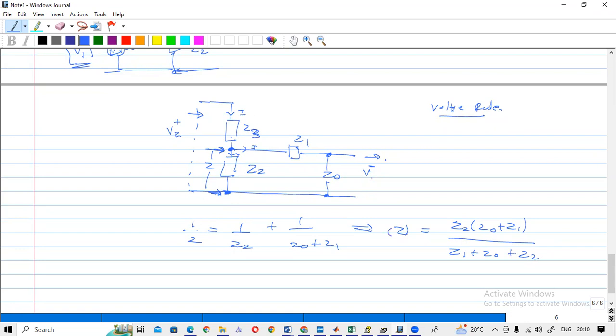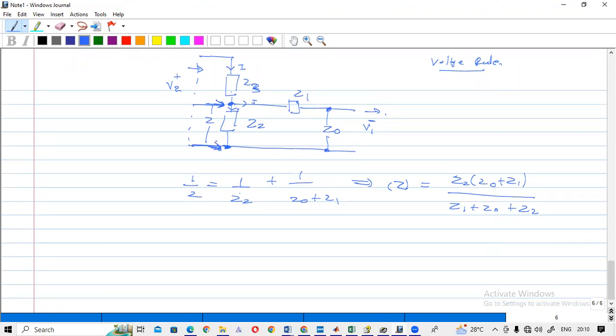So this is the total impedance. Now this current I is going through this total impedance, correct? So you can calculate the voltage between this terminal. Let's say that is V. V is equal to nothing but